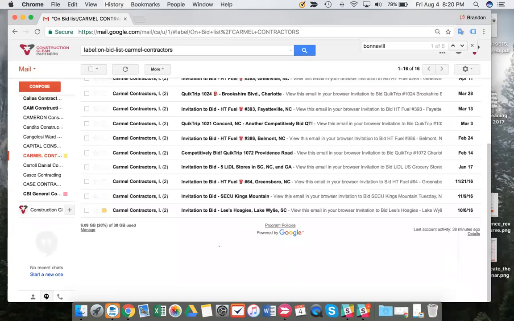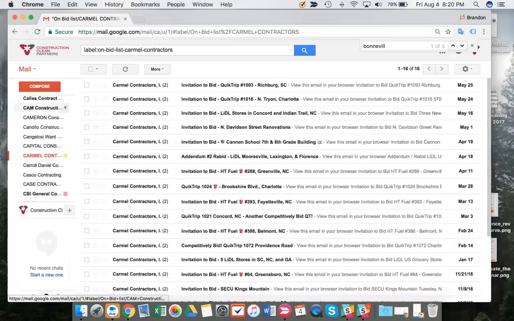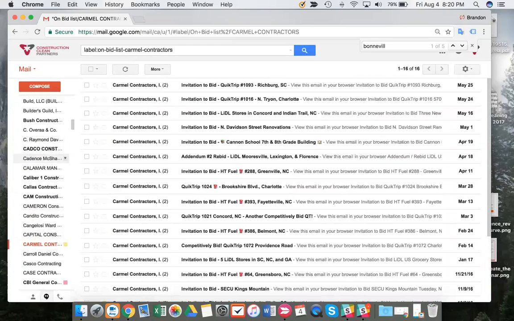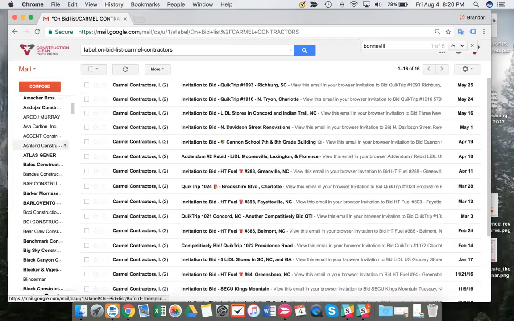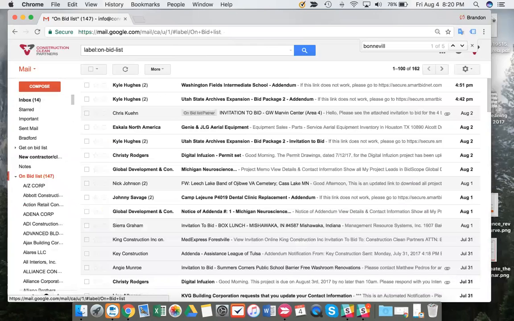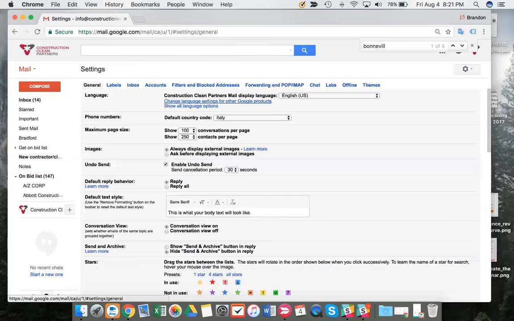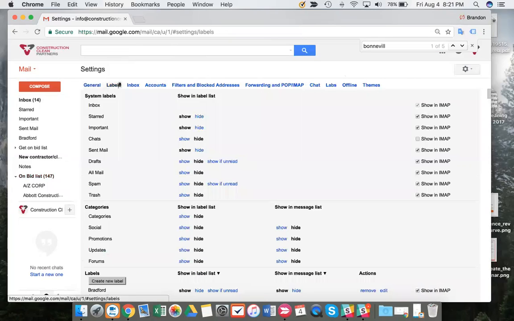All right, well, you see it works here, but I think the goal is to create labels on the side, and I will create the labels underneath one master label. And you have to do this in settings. This is in Gmail. In settings, and do the labels and do filters,